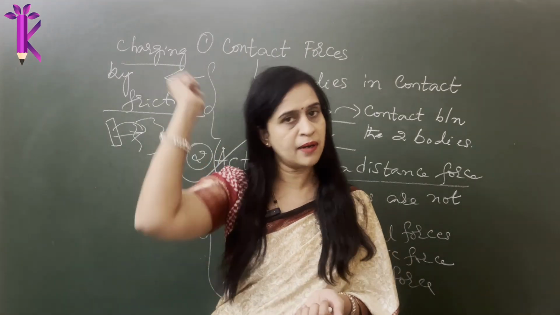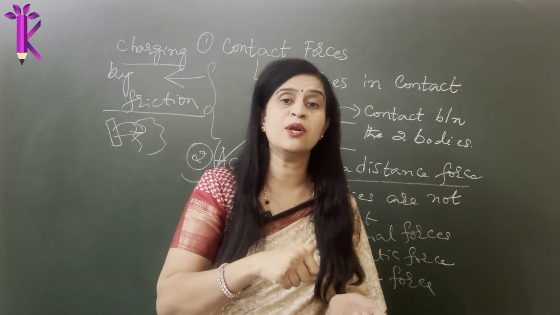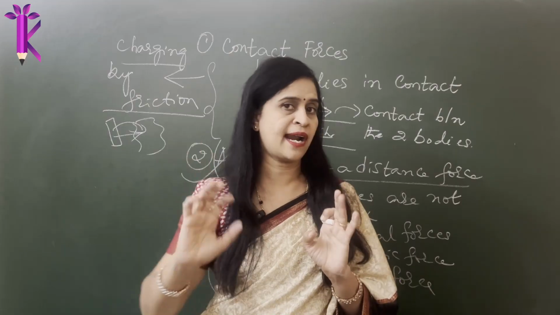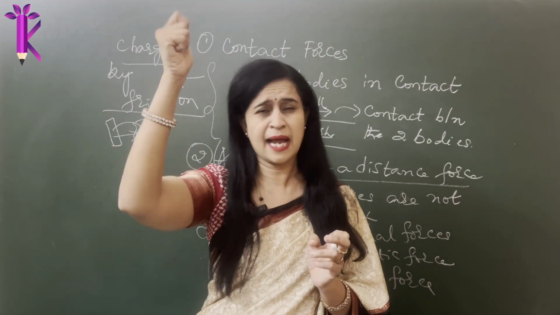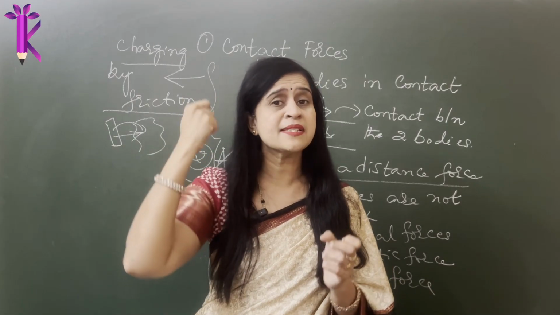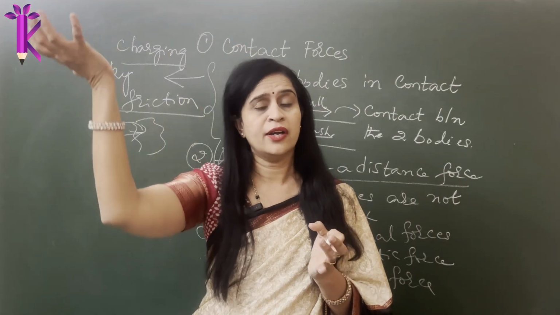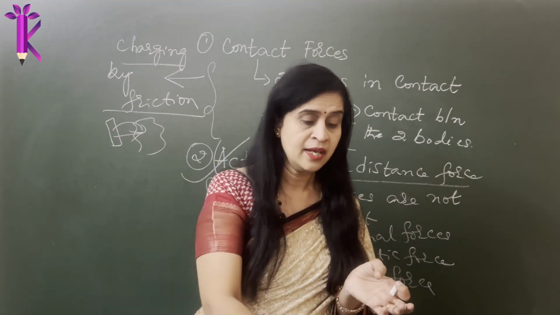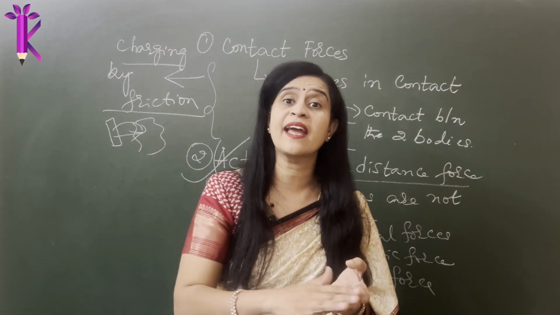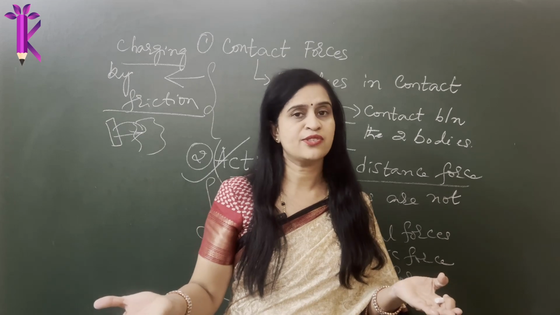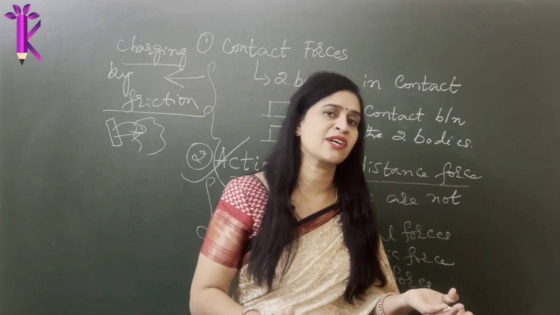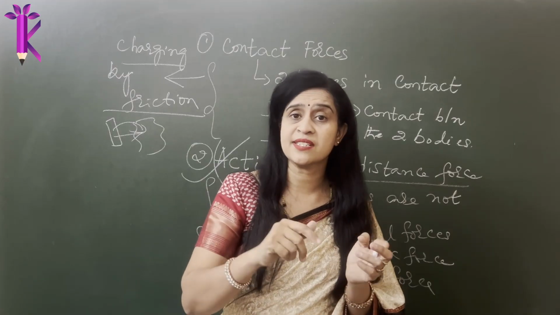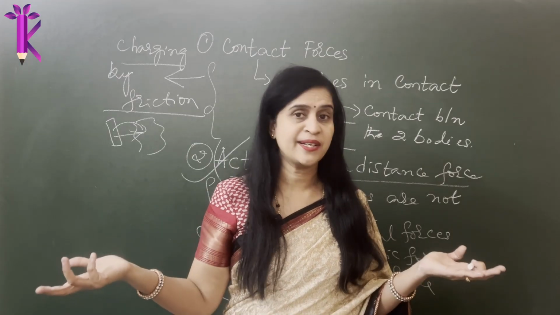So we have seen this. You take a balloon, you rub it against your hair; your hair must be dry, it should not be oily, it should not be wet. If you have dry hair, you take a balloon or a comb, rub it as hard as possible. So what happens? Excess electrons from the hair transfer to the comb, and when you bring it close to a neutral body like paper, they do get attracted, because again by the same law of electrostatics, like charges repel and unlike charges attract. So if that is getting attracted, there might be opposite charges, that is why they are attracting each other. It is as simple as that.